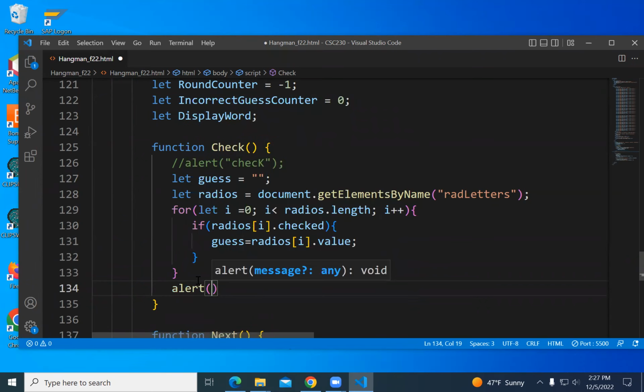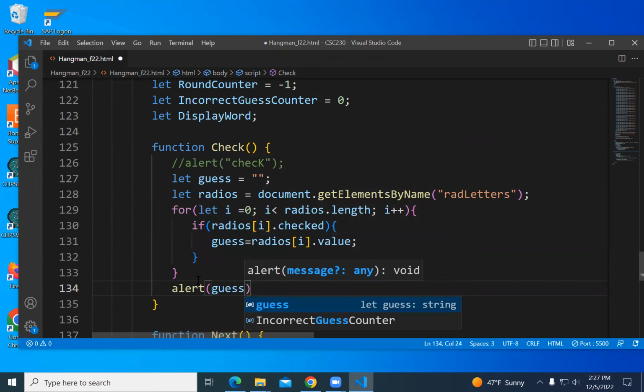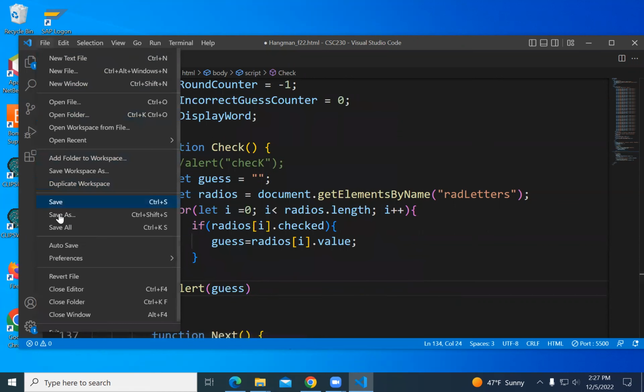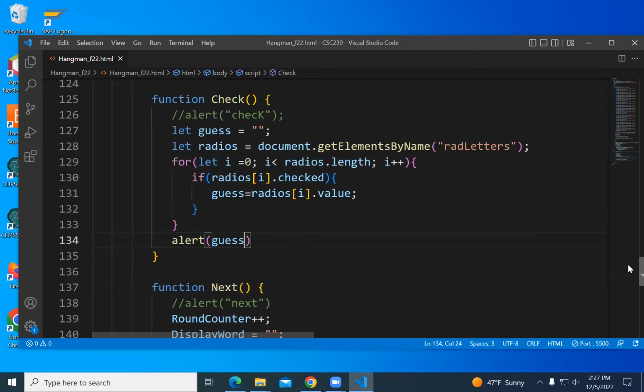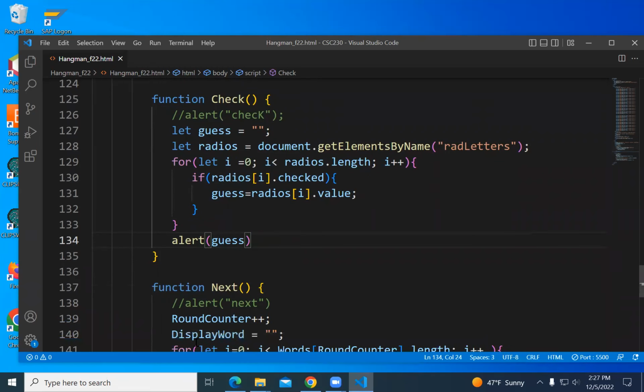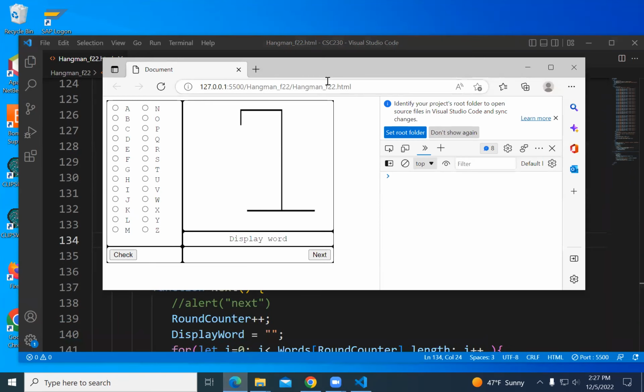Let's see how far we've got. So let's say I guess T, and there it is, T. And then I'll guess L, and there it is, L.